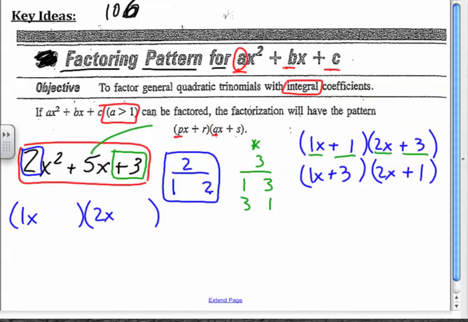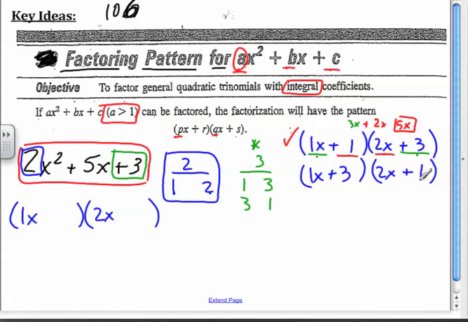And to find the linear term, I need to multiply the outside numbers by the outside number and the inside number by the inside number. So when I multiply 1x and 3, I'm going to get 3x. And when I multiply 1 times 2x, I'm going to get 2x. And then when I add them together, I get 5x. Now, guys, we know that that's what we want. So this is the one that we're going to use, because that gives us 5x. But watch what happens